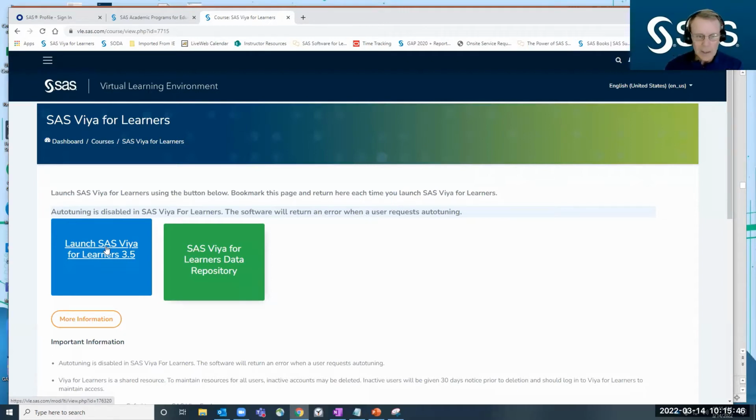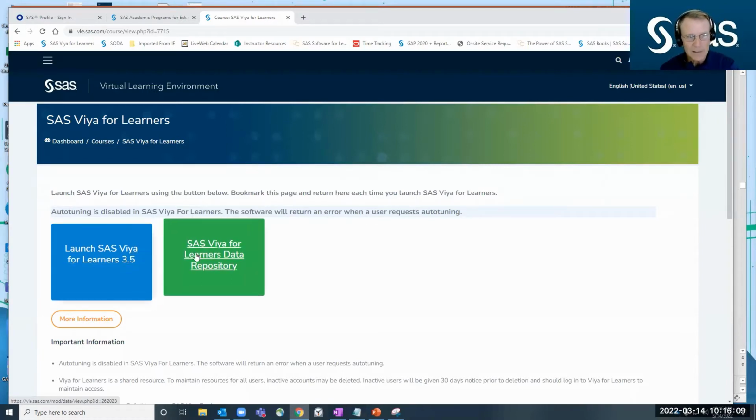Really, the only browser that I've had a problem with is the Safari browser. For some reason, on Apple, there are some glitches with that browser. But every other browser that I've tested with works fine. So you would come here and actually launch the software. We're going to do that at the start of class, but I just want to show you, we do have